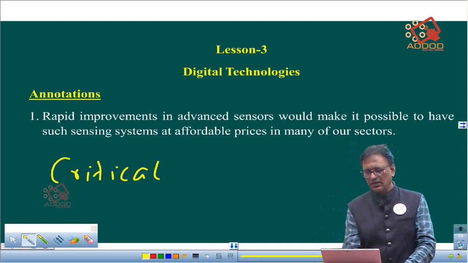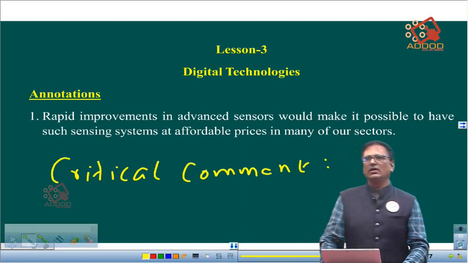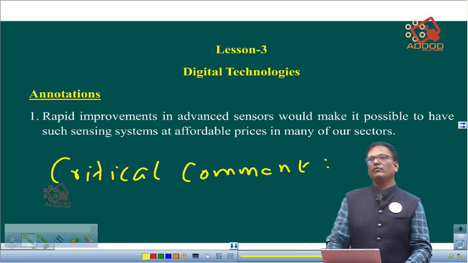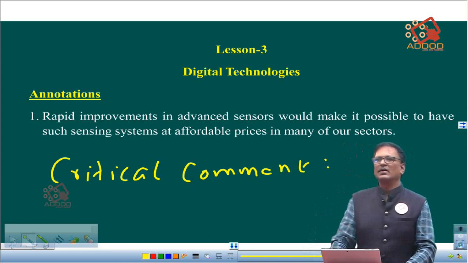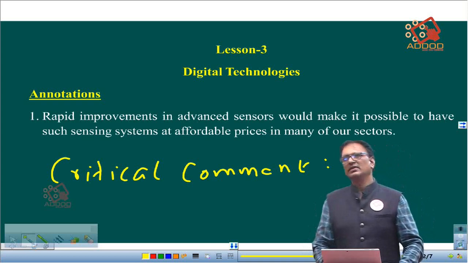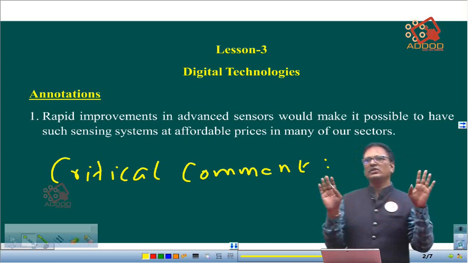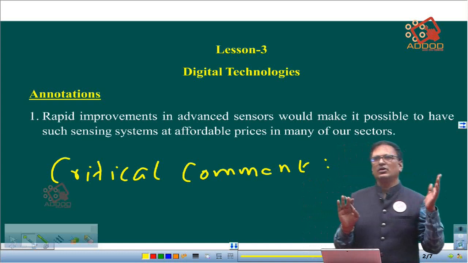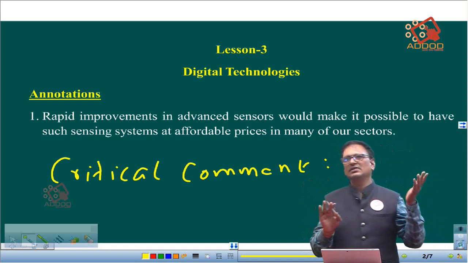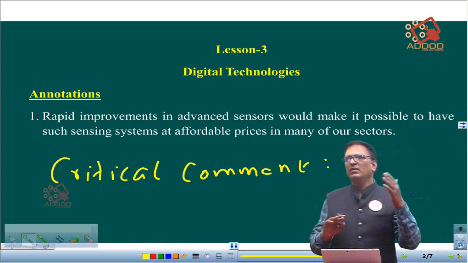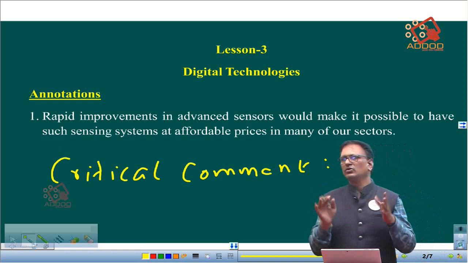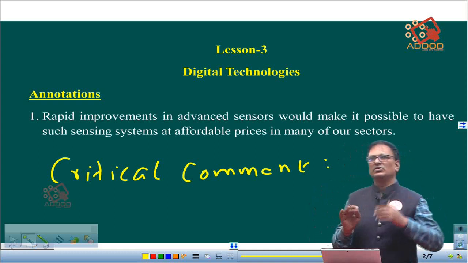What comment? Critical comment. Now, one should understand what is critical, because all of you know what a comment is. Many of you take a comment as a negative one, but a comment can be positive as well as negative. Comment is not always negative. If somebody says he has commented on me, maybe it is negative or positive. Don't jump to the conclusion that a comment is always negative.